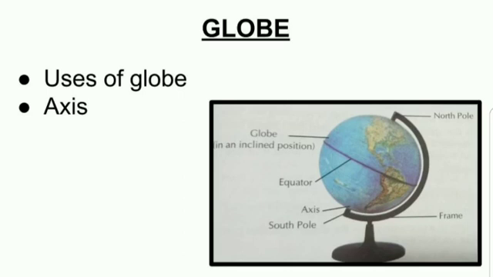You can see in the diagram, children, the axis of the earth. It is imaginary. All this latitude, longitude and axis which we are explaining are all imaginary lines. Such lines are not there on our earth. But such lines, that is the axis, latitude and longitude, are drawn so as to understand, where is it drawn? It is not drawn on the earth. It is drawn on the globe, so as to understand the position of places or the climate on the earth.